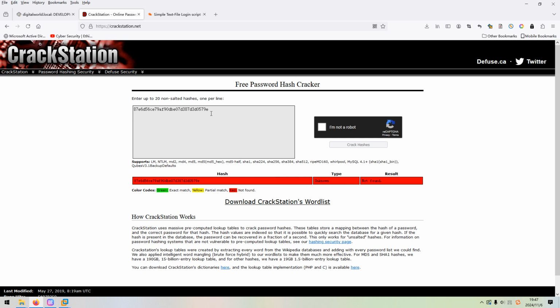But as you can see over here, the result is not found, or in other words, failed to crack this hash. Even when I use John the Ripper and the RockYou word list, I tried many word lists, but such word lists don't contain the real password.